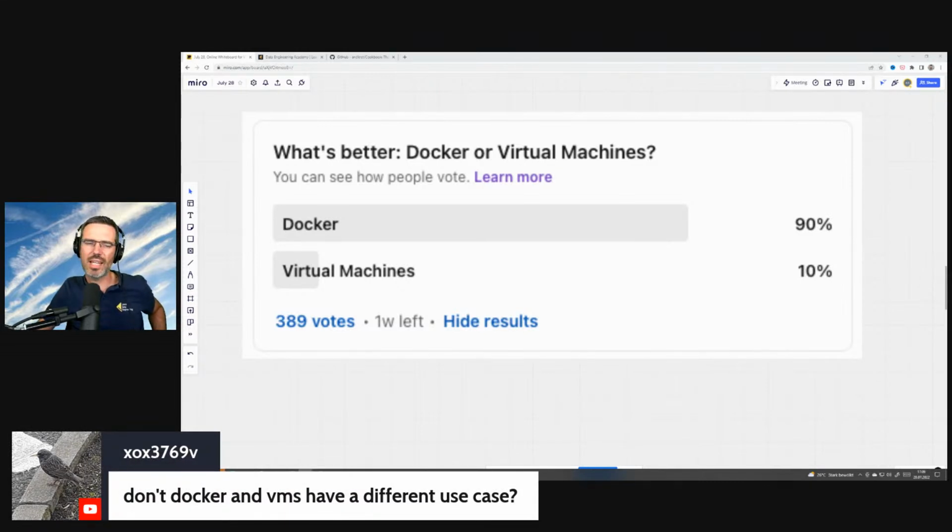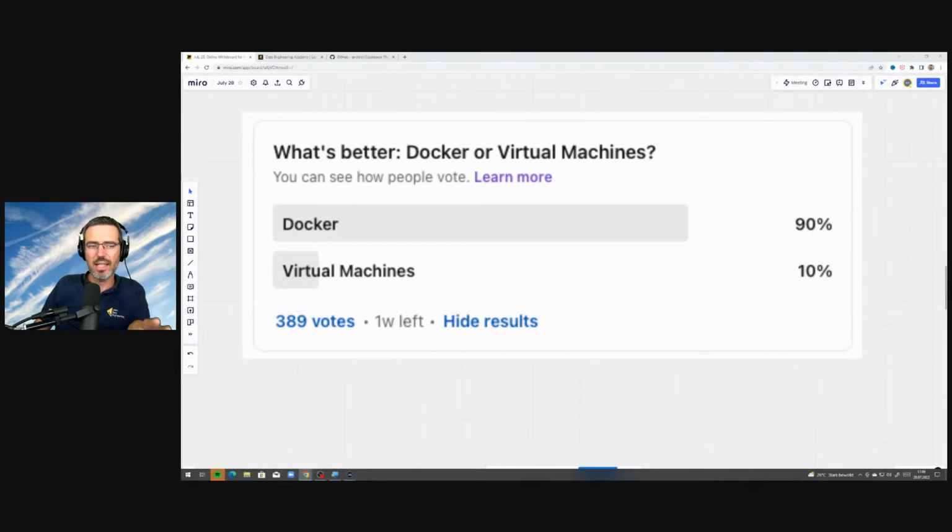They have a different use case. When I started out, there wasn't really Docker. And if you wanted to have a test environment or a virtual environment where you could test something, you would set up a bunch of virtual machines and install your stuff in them. But people have moved away from this. That's why there are comments under this like, what's better, a bicycle or a car? Or what's better, a screwdriver or a hammer? Because these things are used for different purposes.